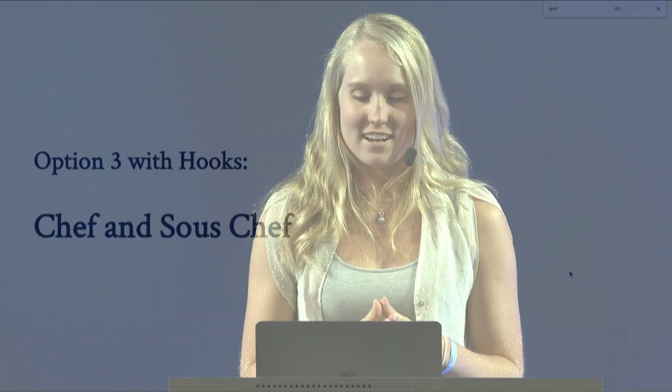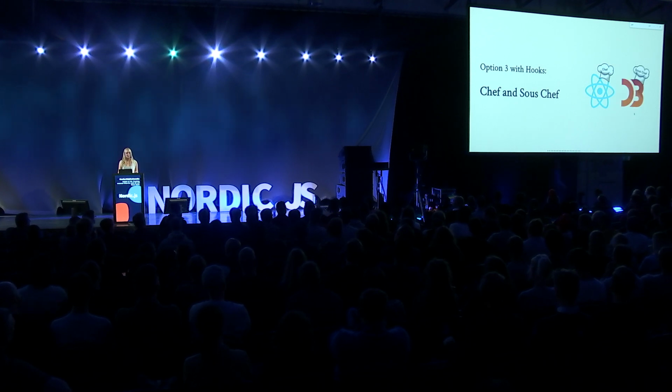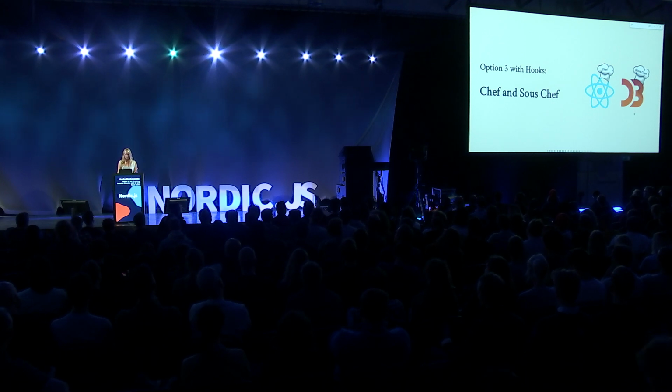But there's a difference between working together and working together in a straightforward, predictable, organized manner where both individuals know what they should be doing. And so I like to think of it not as cook number 1 and cook number 2, but as chef and sous chef. In this case, our chef being React, and our sous chef, React's helper, being D3. So here, the chef tells the sous chef when it needs his or her help, and then gives it free rein to work its magic.